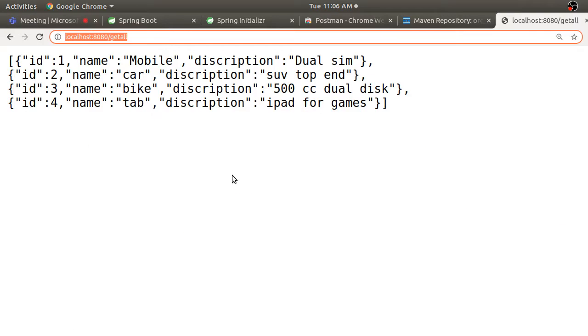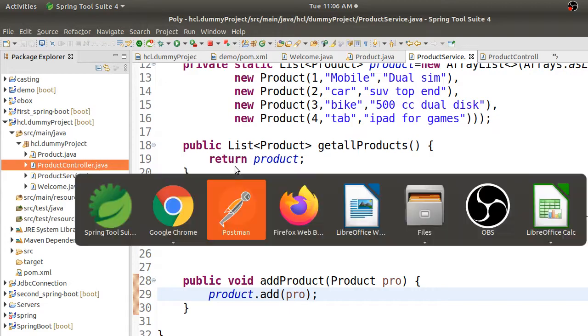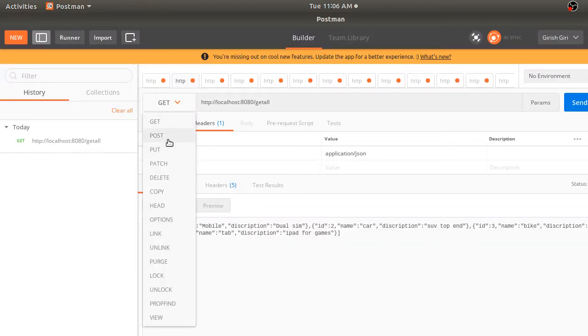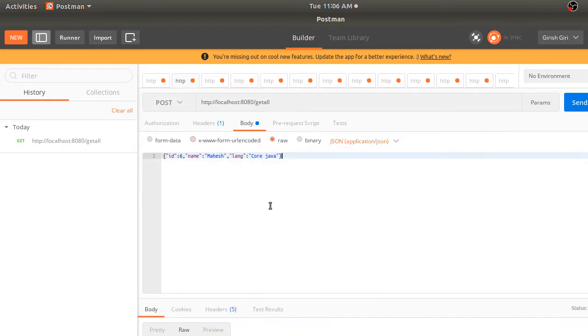Now I'll just go back to my Postman and do this request. I am doing this post request, and in the body I have to pass some details, some JSON value. Say I will pass ID is equal to some random value, say 5, and name of the product, I can give speaker, and there is description, right?